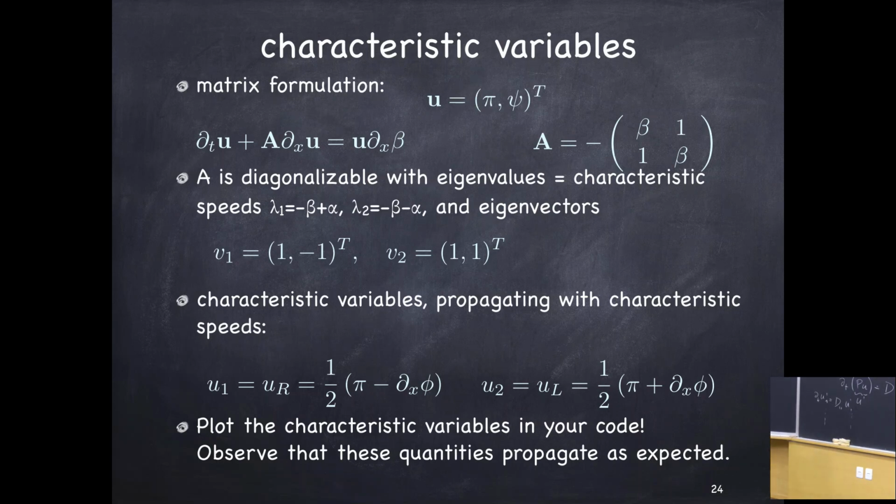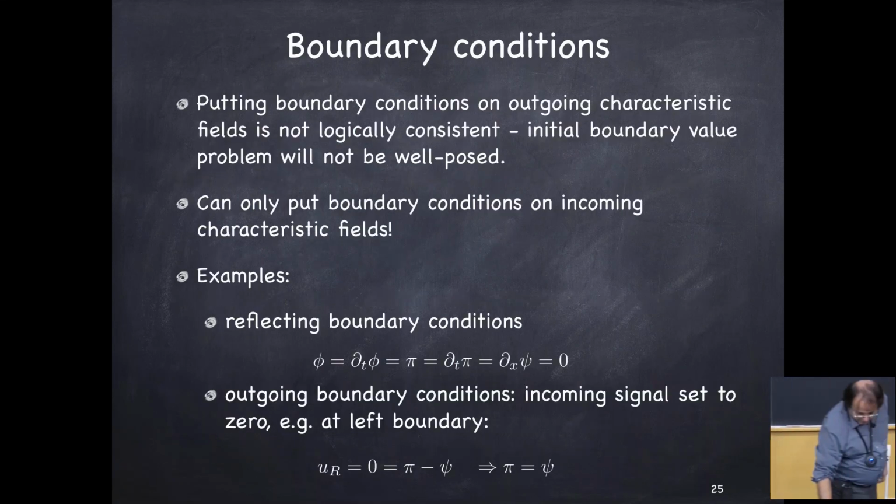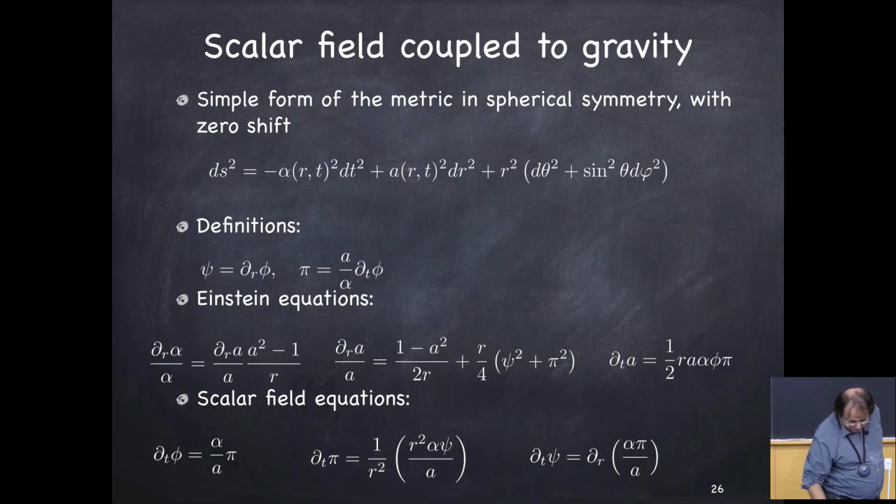Okay, I think I just put this for reference to explicitly say what the A is and so on. I don't think we want to discuss this now. And the same thing for boundary conditions. I gave you the basic story before, how to set boundary conditions. So here this is just written out explicitly in the kind of variables we have for the wave equation. I want to show you this. So now we know how to treat